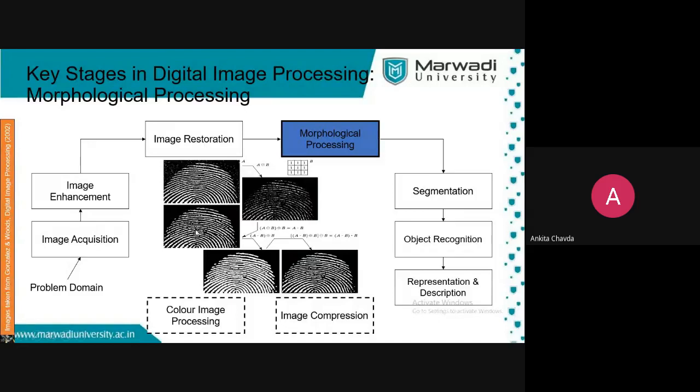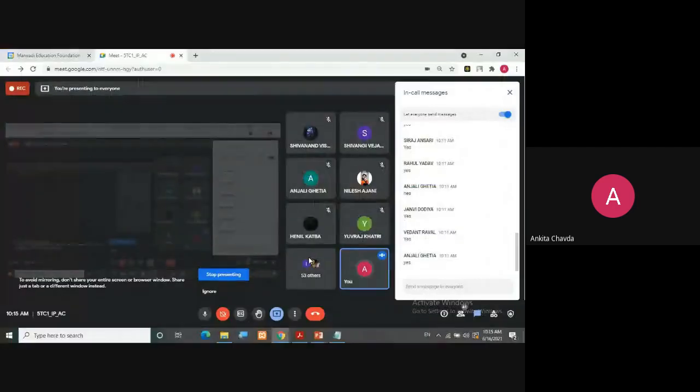Then again the discontinuities are there. Have you seen these discontinuities? Right? So again I have done this. So I am having this expansion. And finally I am having this, which is a better image than this. You can compare this first one and this last one. So this is our result after this morphological processing. So are you getting this?